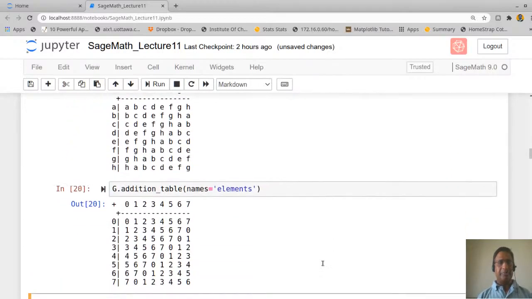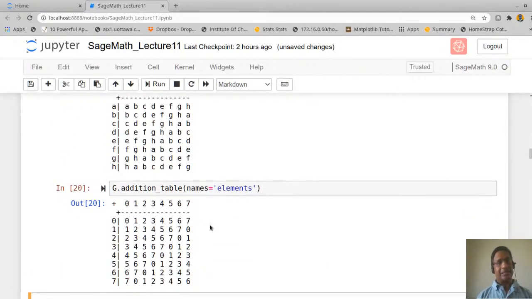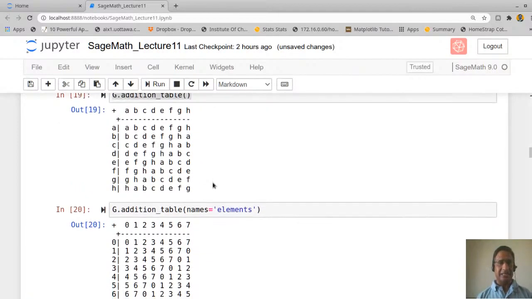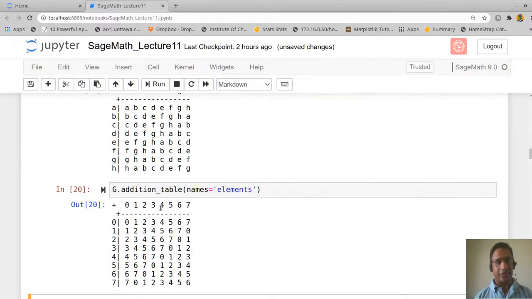Then it will print the addition table, and instead of A, B, C, D, it will write the actual elements of the group. For a small order group this is quite all right, but in case the group elements are, let us say, a permutation group, then the elements themselves will be quite big, and therefore if you write the addition table or multiplication table, Cayley table in particular, it will look slightly ugly.